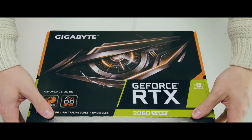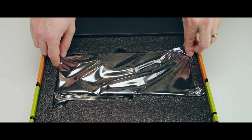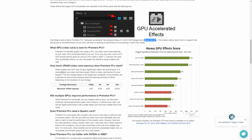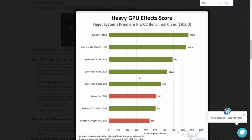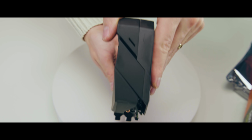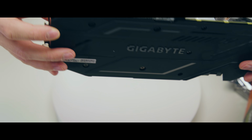So next up is the GPU. And as much as we want the GPU to give us more power and more performance in Premiere Pro, it doesn't actually increase the performance as much, because only certain things are supported by GPU acceleration. So if you're using a lot of After Effects, where more performance is supported through the GPU, and you're using a lot of effects in Premiere Pro that are supported by CUDA cores, you know, Mercury Playback acceleration, then it's worth looking at some better GPUs. But if you don't include a lot of GPU-based effects in your editing workflow, then